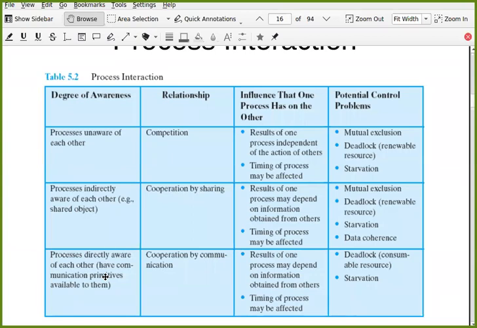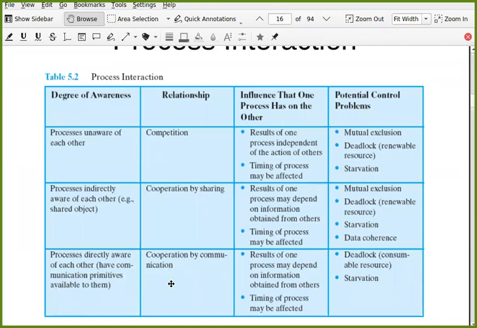Then there can be starvation. For example, there are three processes, P1, P2, P3. P1 and P2 communicate with each other. P1 and P3 also communicate with each other. But P3 is a lower priority process than P2. So P1 always communicates with P2 continuously, and it is not communicating with P3. So what is happening to P3? It is starving for some communication from P1 so that it can go further and proceed. So deadlock and starvation are possible control problems in this kind of system where you have communication between two processes